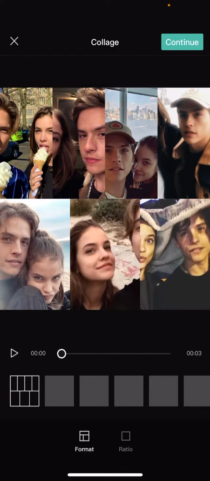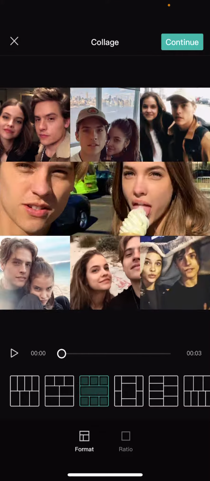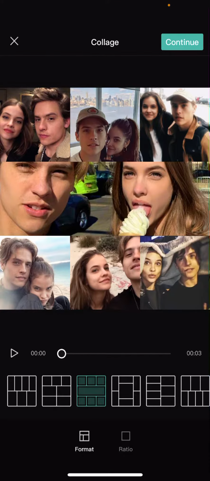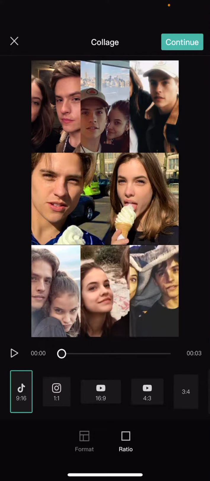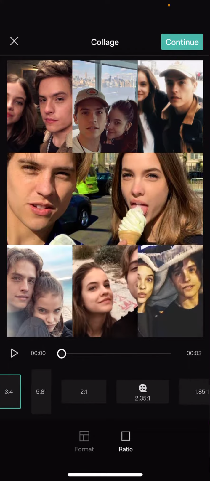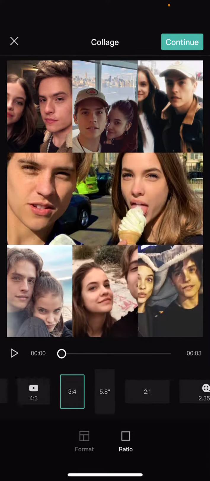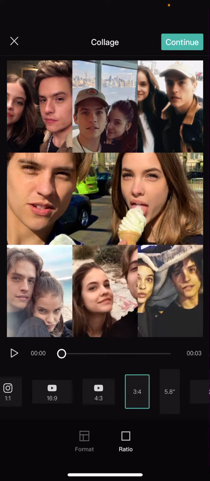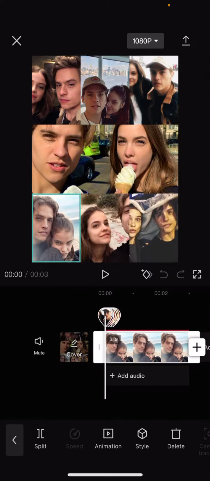Then here you can choose the kind of templates you want them to be in, maybe like this one, and then you can also adjust the frame ratio of it so you can see it a little bit better. I don't know if you can adjust it later, but we're just going to see if we can. Select continue. Oh yeah, you can, I think,